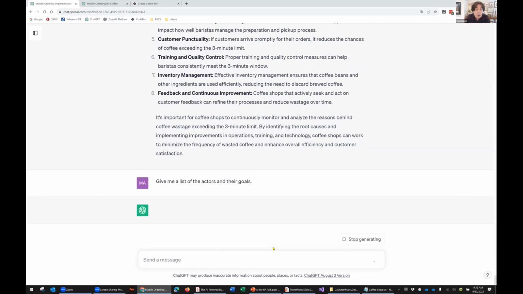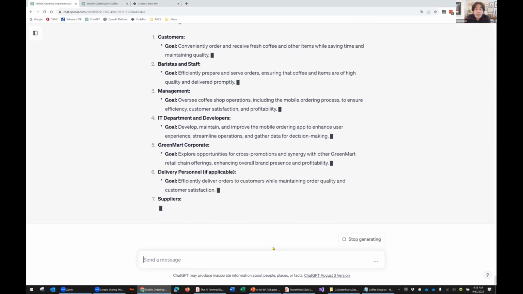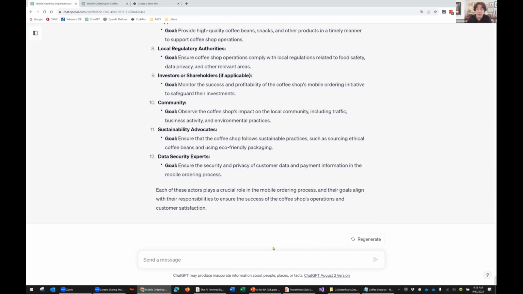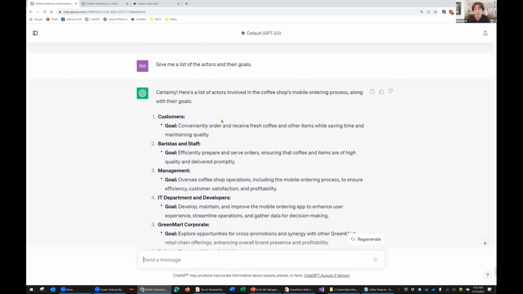Because actors and their goals is often a starting point for being able to define different processes. Now, notice it has given me this complete list. Again, do I want to correct it and say, no, I just mean customers, baristas, management, and so forth? No, I'm going to take the whole list here, but I'm going to look at the customer and their goal.